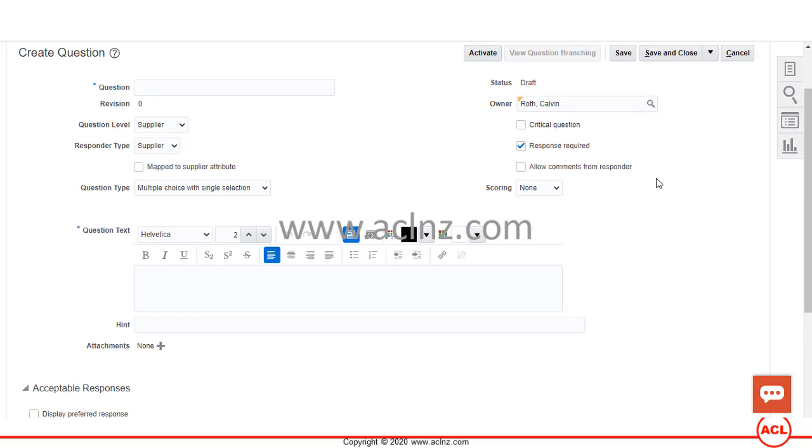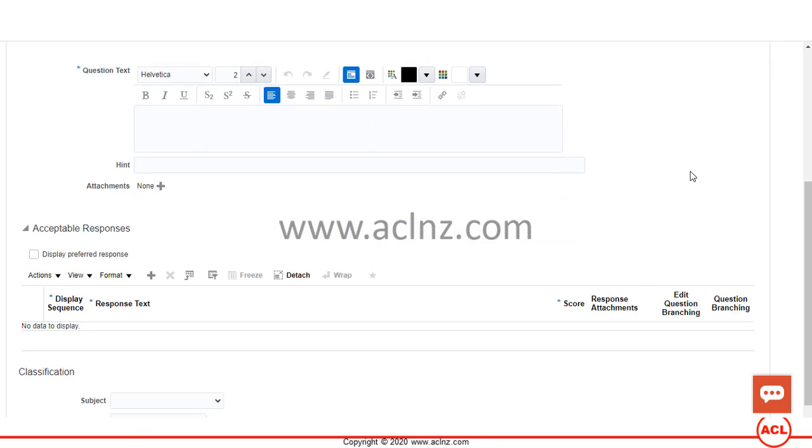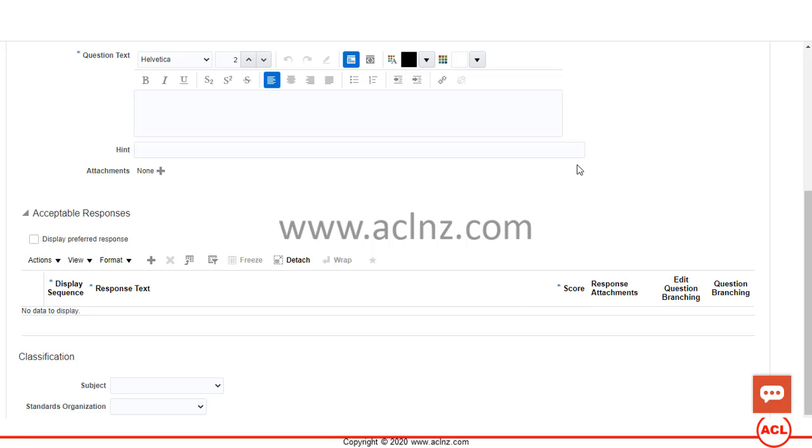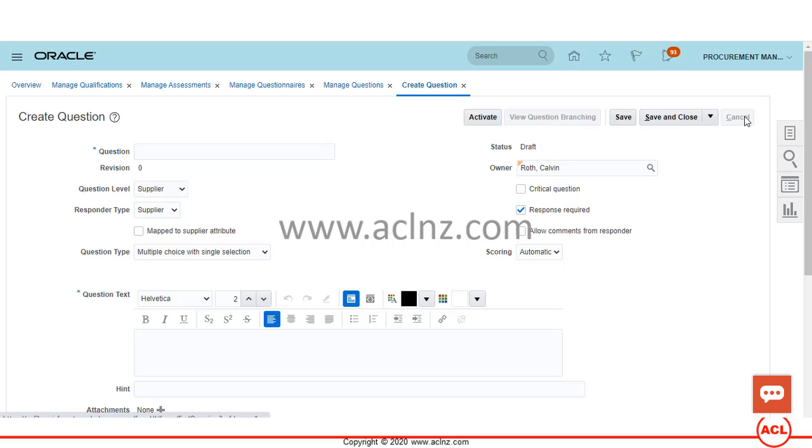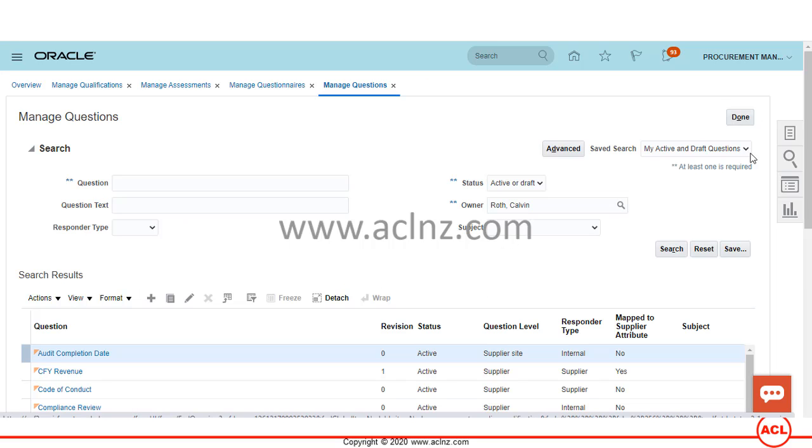You can also specify whether there is a scoring associated with this question. So scoring here is presently none. You can say manual scoring or automatic scoring, and if it's automated scoring, then you've got to specify your score associated with each of the acceptable responses. Okay, so likewise you can define your question, and once you define your question, you can have them attached to